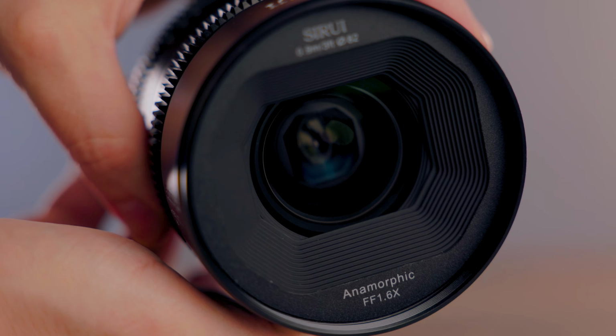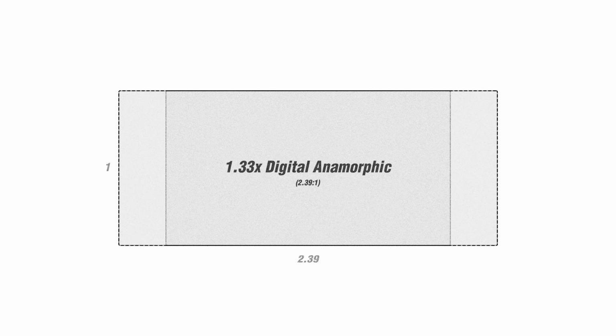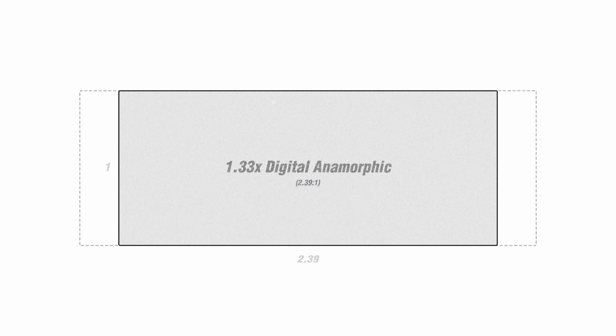But if you take 1.33 and you apply that to film, now your aspect ratio goes from 3:2 and stretches out to 2:1. On the other hand, if you apply a 1.33 anamorphic lens to a standard digital camera, which shoots video at 16:9, now your video stretches out to roughly 2.35 or 2.39:1. So I'll put that on the screen to show you how much wider it gets, but with a 1.6, we're even wider than that. And in this case, we're at about a 2.8:1 ratio. So essentially, you get more field of view.